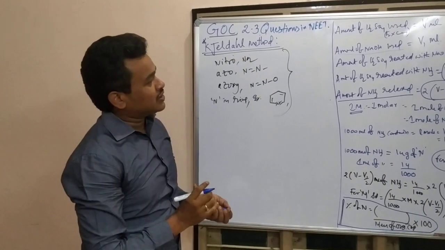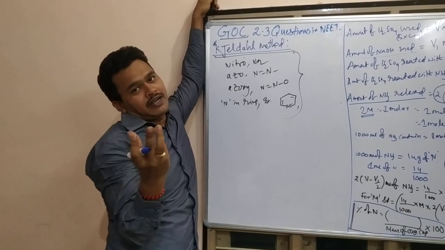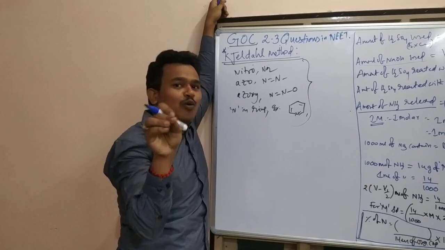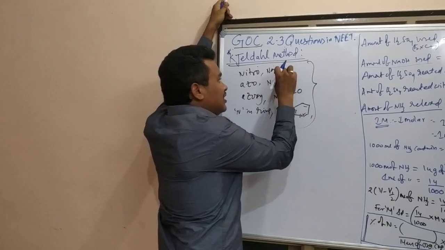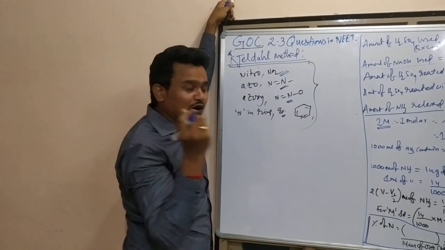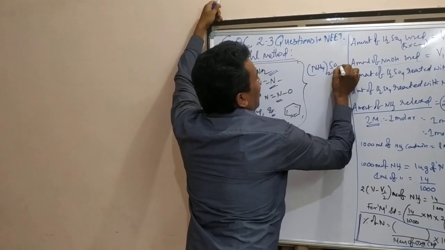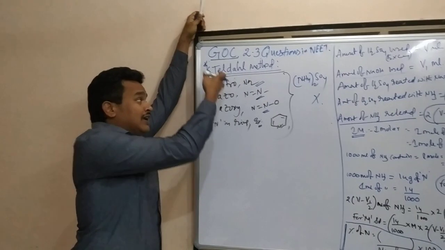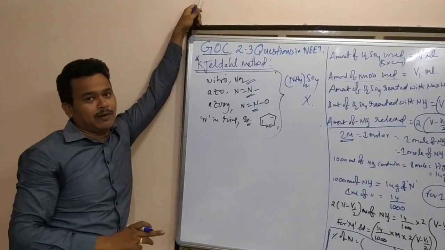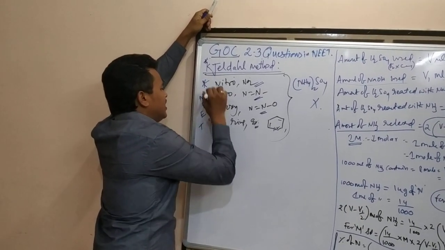Because in this process, if you see the equation, ammonium sulfate is there. Ammonium sulfate, we make it react with excess NaOH, so ammonia is released. So all these compounds containing this and this and this, they are not going to produce ammonium sulfate. Ammonium sulfate is not obtained from compounds containing these groups. That is why the Kjeldahl method is not applicable. This is very, very important. It will come in the examination.